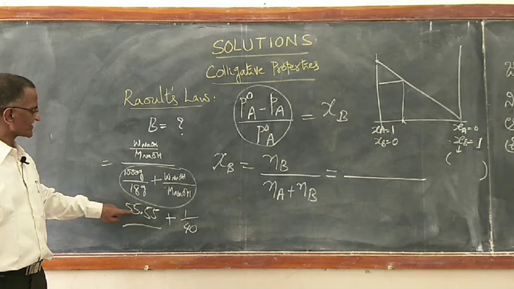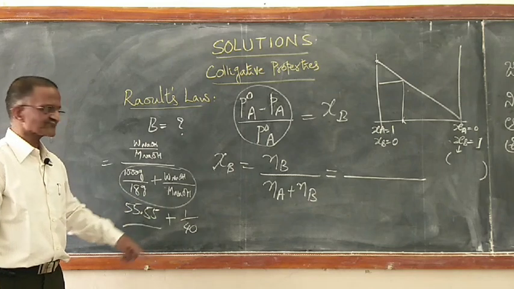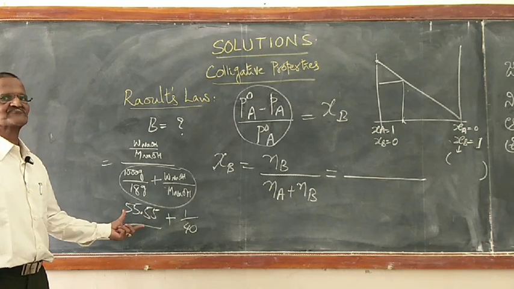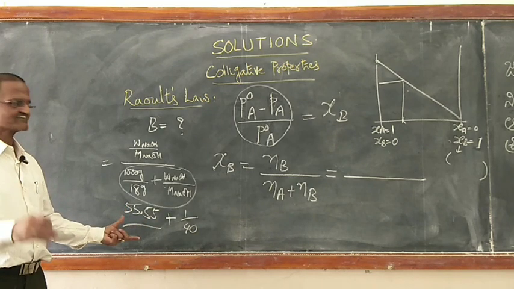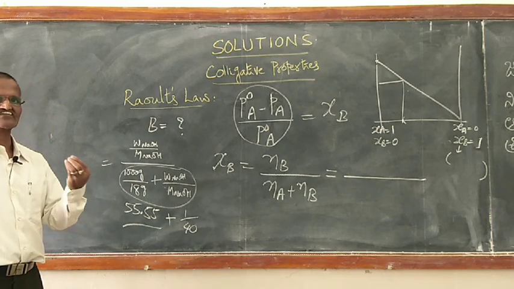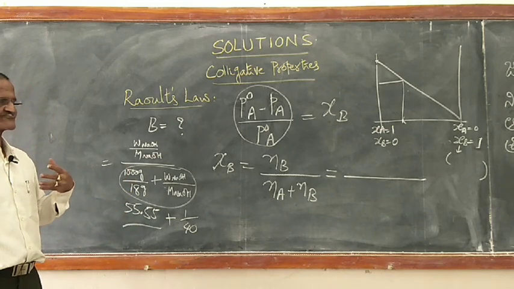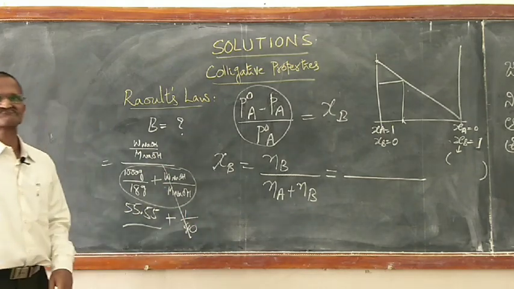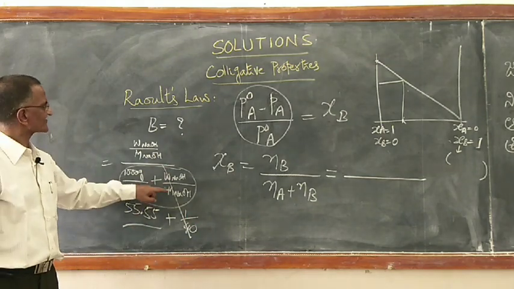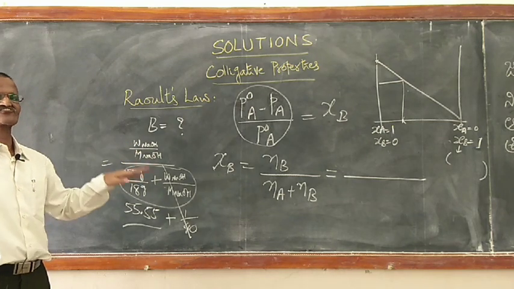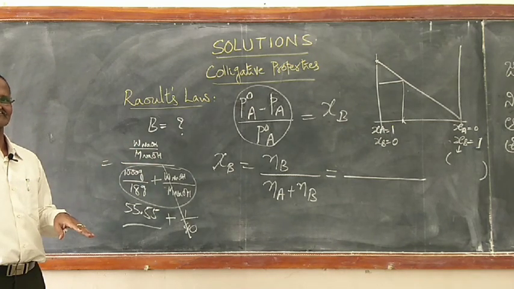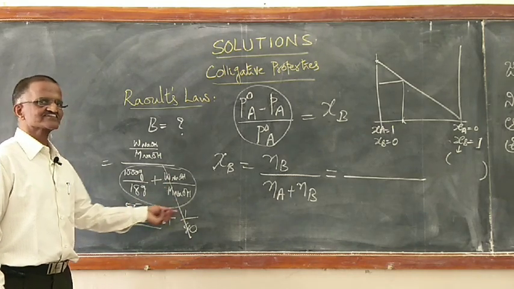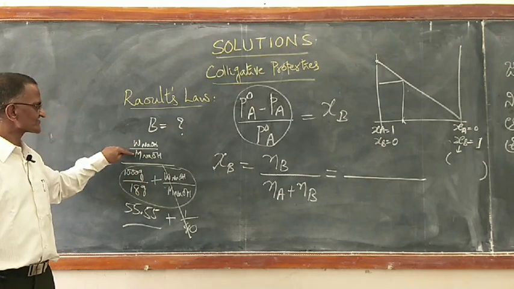So 55.55 plus 1 by 40, if you add, how much difference is it going to make to 55.55? The value that you are going to add is almost negligible. So in that case, what do I do? Because it is a small amount, I neglect it. But don't say that here we have neglected, here also we have neglected, which means we will close the chapter. Right? The purpose is not that. When this is a small amount, and negligible, you forget it. Now we will take this further.